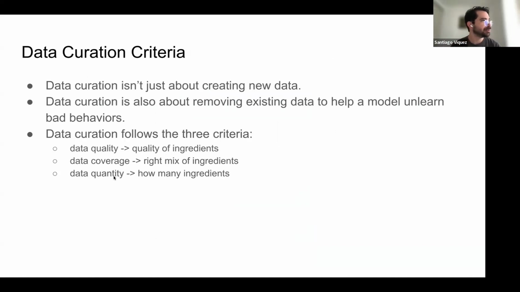In the chapter, Chip makes a cooking analogy for these three criteria, and she says data quality is like having quality ingredients to cook a meal. Very easy to understand. Data coverage is having the right mix of ingredients. So you don't just need high quality ingredients.